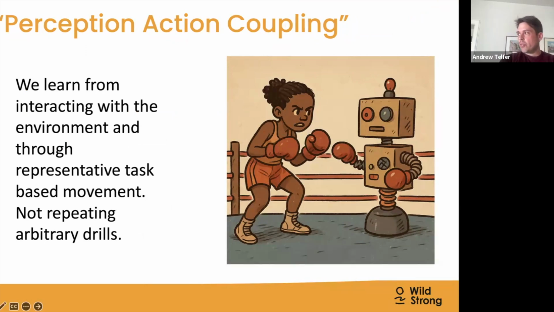So one of the issues that we try to address at WildStrong is, what is the why of what we're doing? And what we're doing is we're trying to give people the tools and the confidence and the capacities and the capabilities so they can participate in real life. So that's what it always comes back to. We're always trying to say, how can we ensure that people are confident running and jumping and picking things up and getting over things and getting around things? So we do a lot of what's called task-based training.